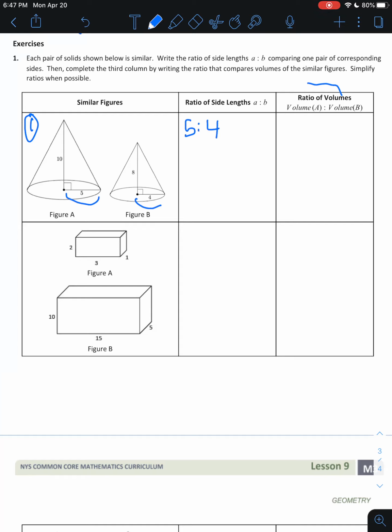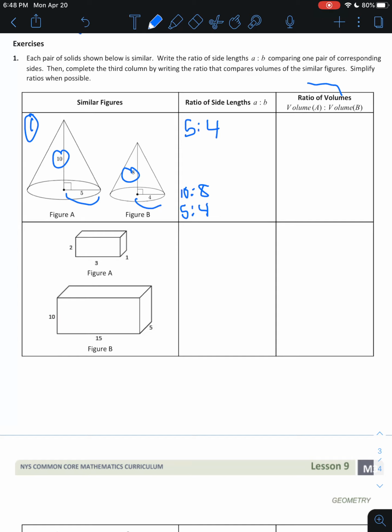It's 5 to 4. And again, just to clarify, if you use 10 and 8 instead, you could write that out. And notice this time you can simplify, you could divide both by 2, and you would get 5 to 4, which is the same. So again, just to emphasize my point, as long as you're choosing corresponding sides, it doesn't matter which ones you choose. So now let's look at